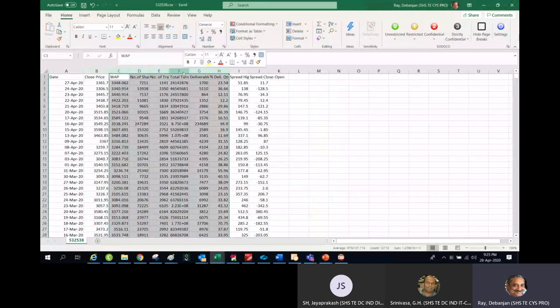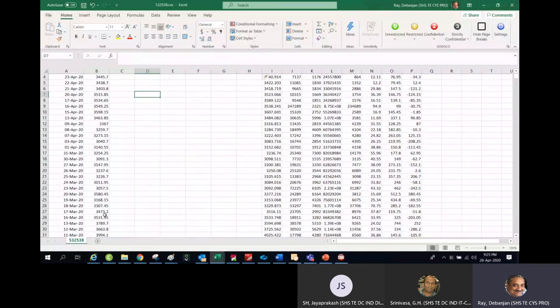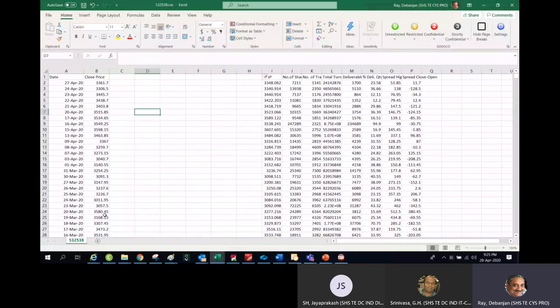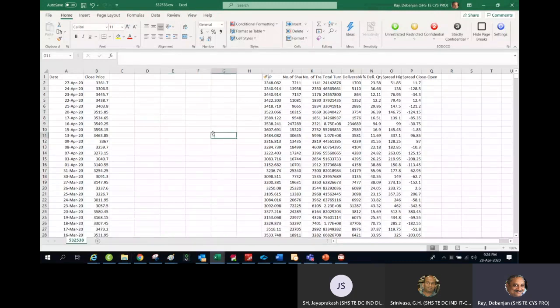But I will insert some blank column because this particular stock price sometimes gets adjusted if a stock has a bonus share or the stock is split. As you know, for the Indian stock market, the original face value of the share is 10 rupees when it is first floated in the market.